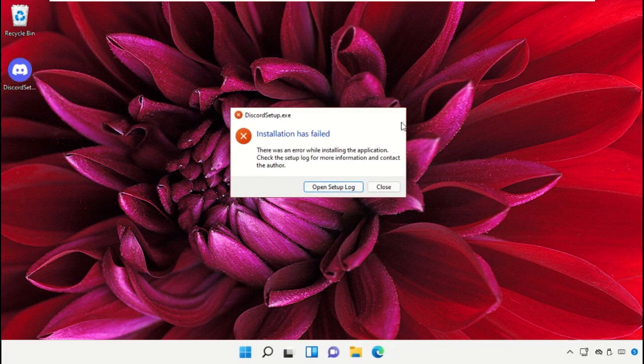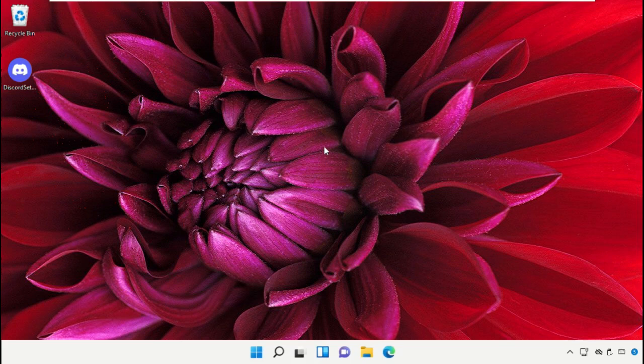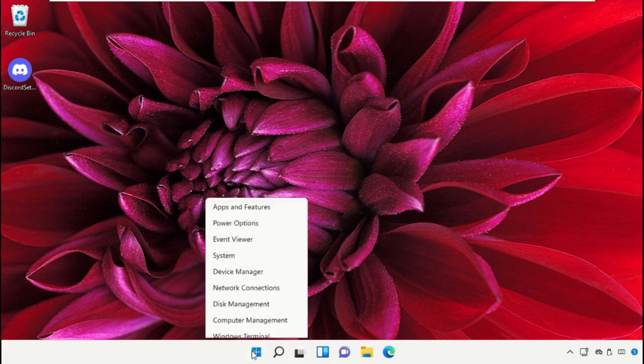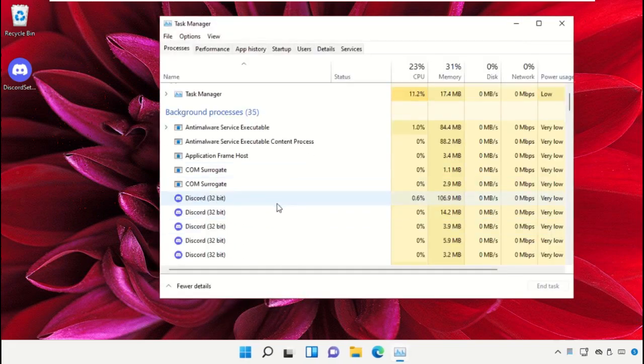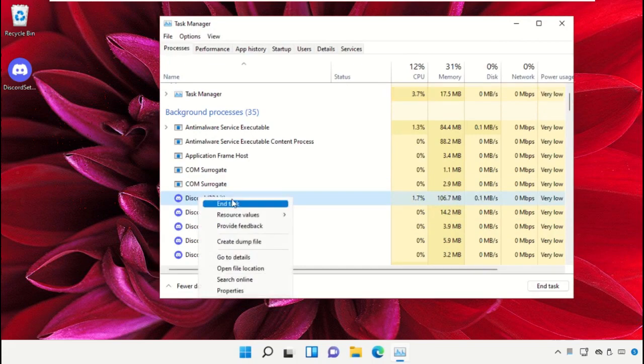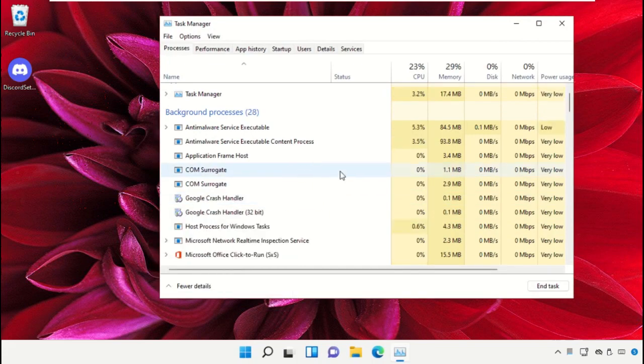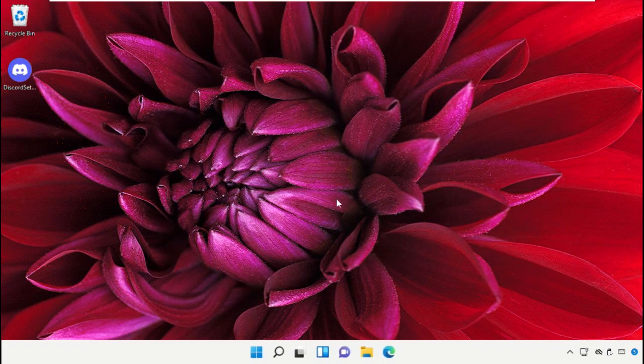Installation has failed error, so click here, right click on it and select Quit Discord. Again, open Task Manager. Now we need to right click here and select End Task. Now close this window,